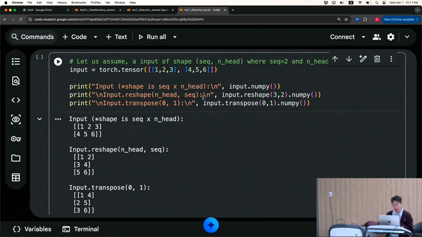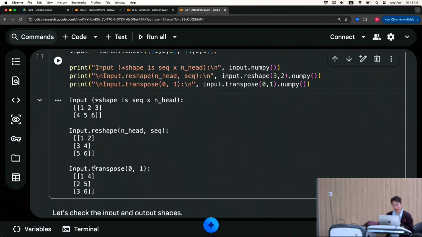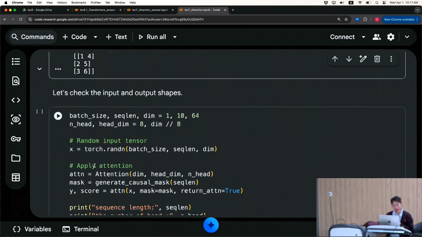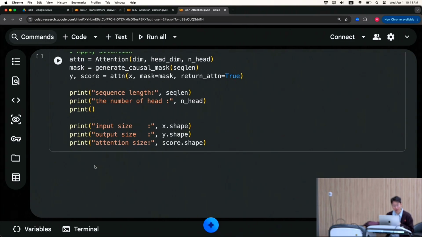If you reshape to 3x2, we get 1, 2, 3, 4, 5, 6, so it reshapes in row major format. On the other hand, if you transpose, you get 1, 4, 2, 5, 3, 6. It does a mathematical transpose. So think about how they are different. And once you finish implementing, let's check